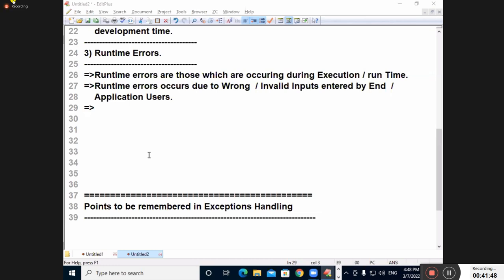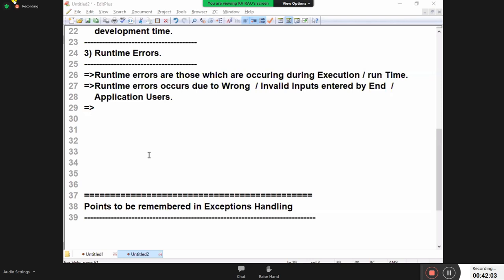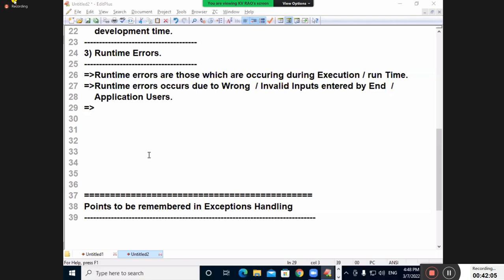So you take your phone and the home screen is visible. What are you doing? You are an end user, right? You are intentionally entering a wrong pattern, a wrong password. At that time, what will you get? Just think about it. What is coming? Invalid PIN. Try again.